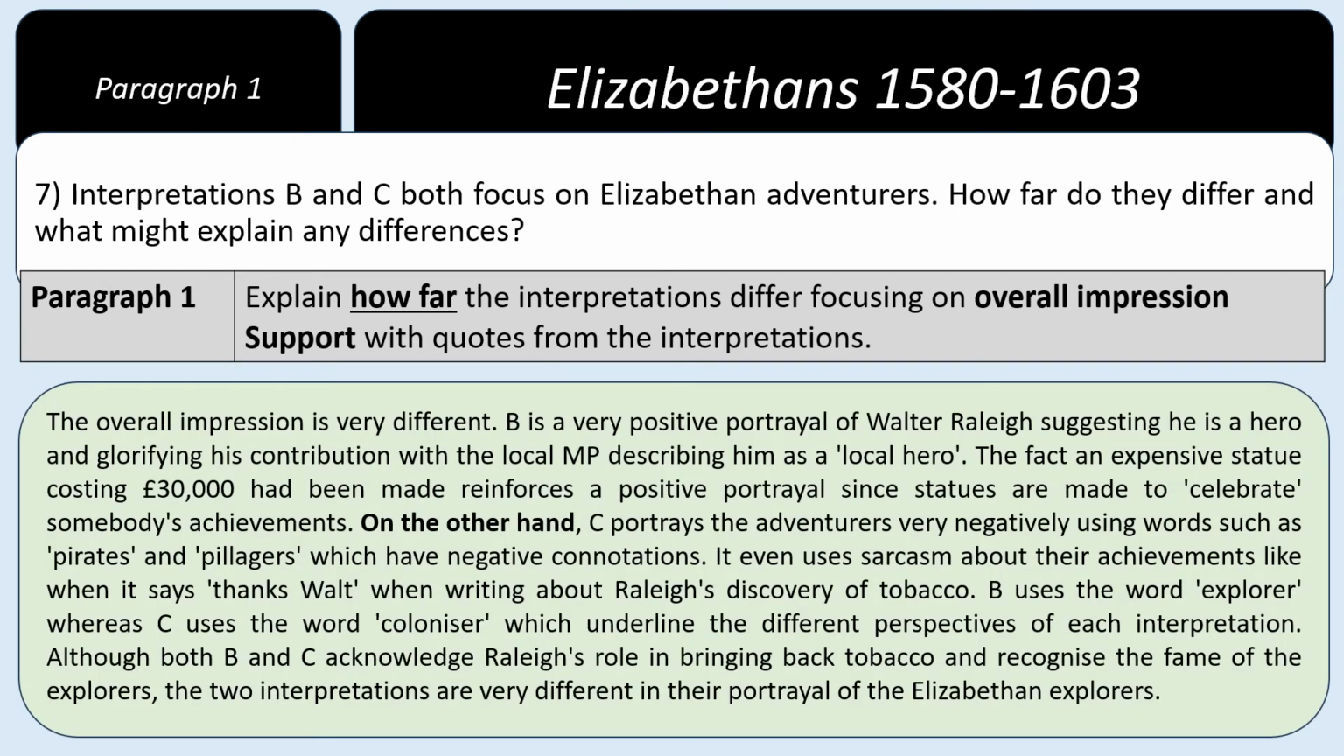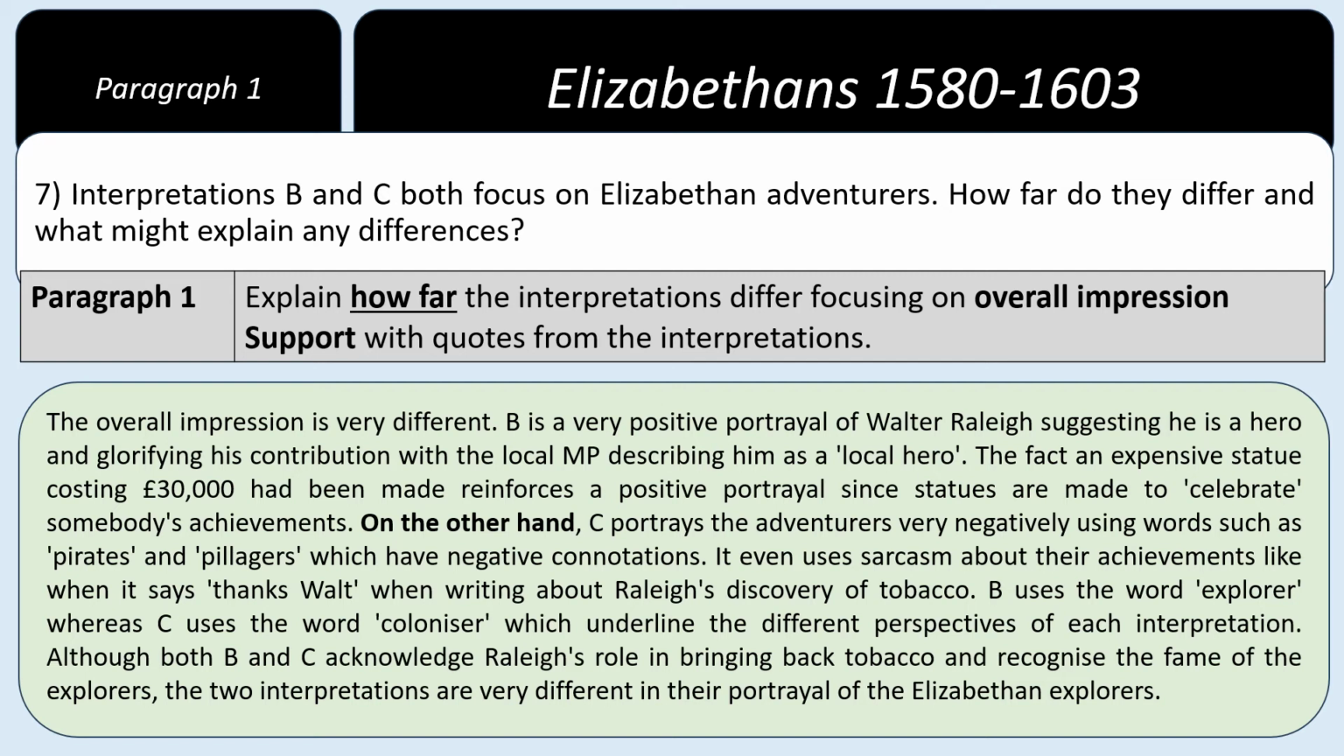So looking at an example answer for question for paragraph 1, again, is how far the interpretations differ. So this is the kind of answer that you would want to do. So the overall impression is very different. B is a very positive portrayal of Walter Raleigh, suggesting he is a hero and glorifying his contribution, with a local MP describing him as a local hero. The fact an expensive statue costing $30,000 had been made reinforces a positive portrayal, since statues are made to celebrate somebody's achievement. On the other hand, C portrays the adventures very negatively, using words such as pirates and pillagers, which